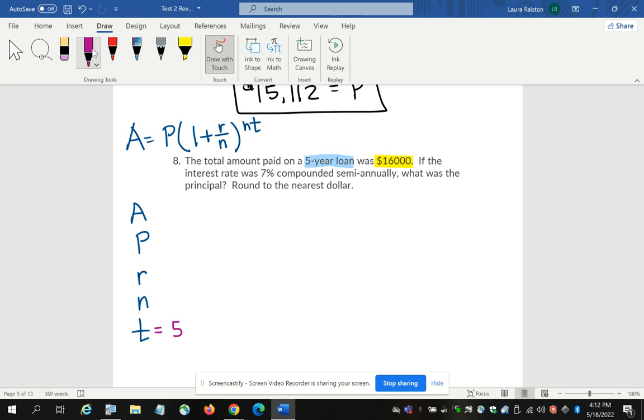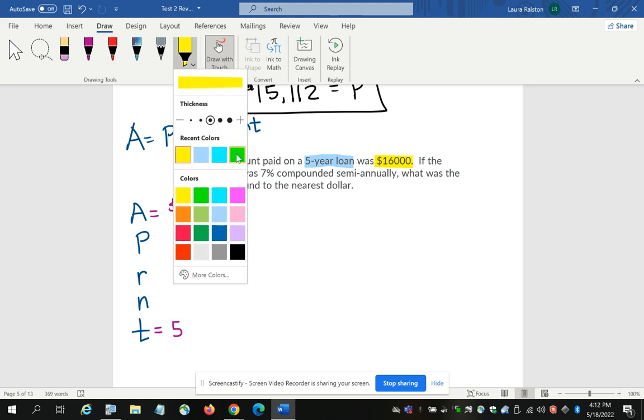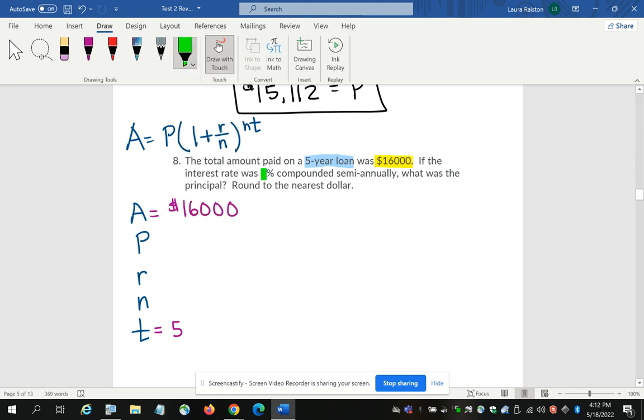So my total amount that I eventually paid was $16,000. Continuing to read, it says if the interest rate was 7%, so my interest rate, or R, is 7% converted to a decimal,